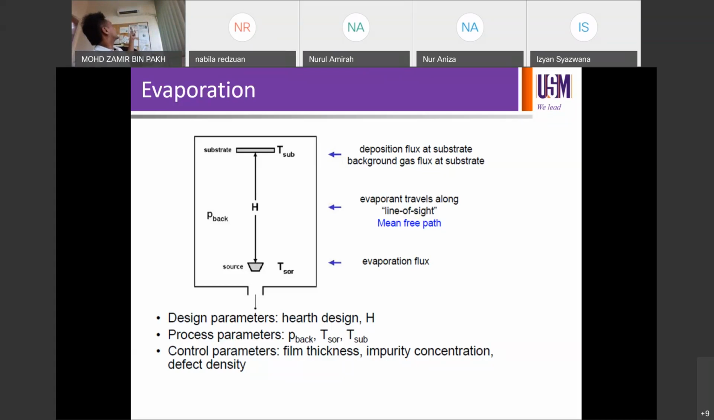Hold on, let me. Right, some basics of the evaporation process. So